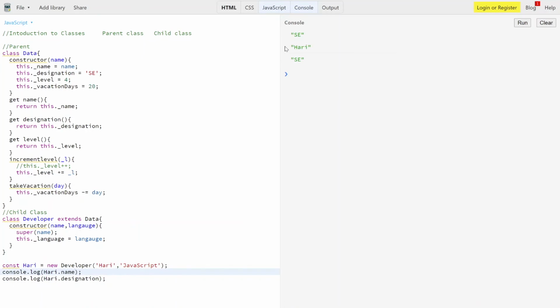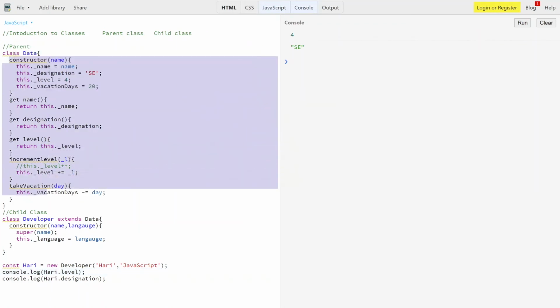See, we are getting Hari over here. And if you want the level, we can also use level, say that automatically all these methods are inherited from the parent class to the child class